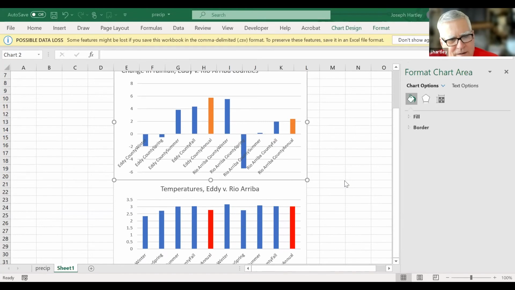So here's what we did. Obviously there are substantial seasonal changes that would be happening. For those of you who don't know, I didn't know, Eddy is in the lower part of the state. It seems to be mainly Chihuahuan Desert, and it is where the Carlsbad Caverns are, and Rio Arriba is in the northern part of the state by the Colorado border.